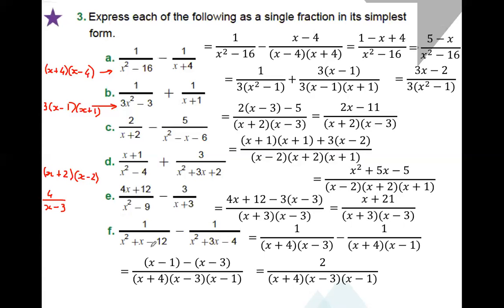As long as you find out you need to get a common denominator, you could manipulate the bottom difference of two squares, and then you have to compensate it so you have the same denominator, and then simplify. Okay, so I think I'm gonna